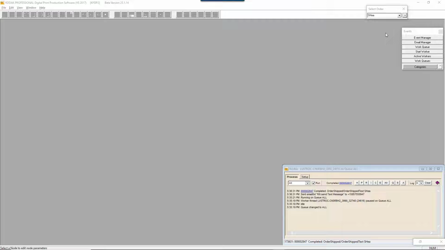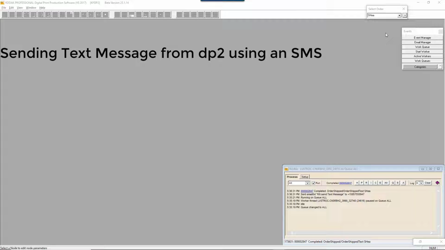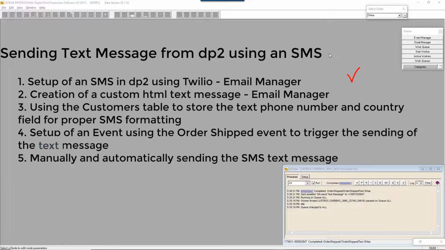This is a quick video tutorial covering the sending of text messages from DP2 using an SMS service. In this example, most of what you need is right here on the Events taskbar, and we'll cover the setup of an SMS service in DP2 using Twilio, the creation of a custom HTML text message in the Email Manager,